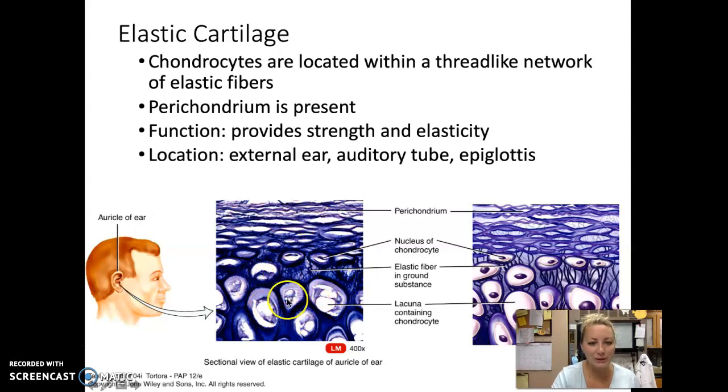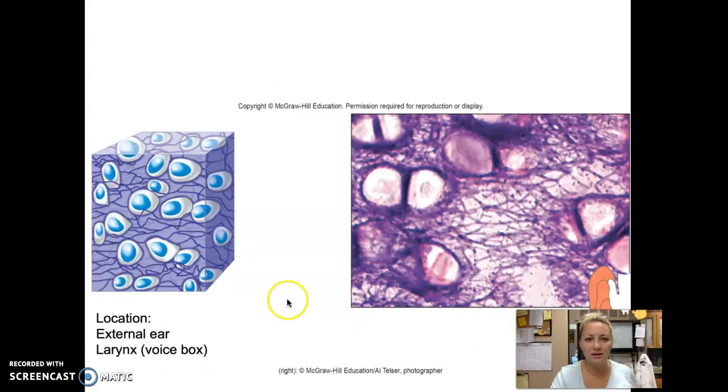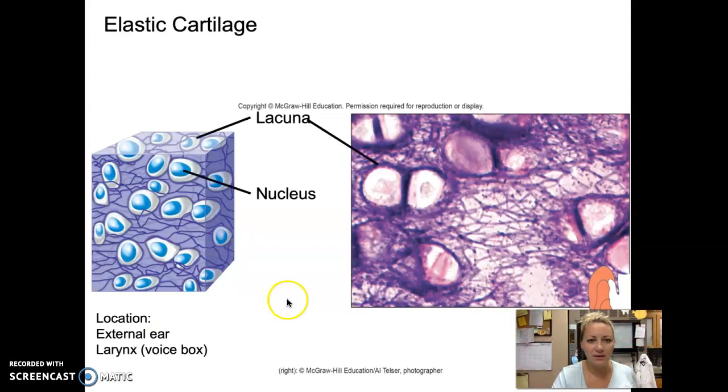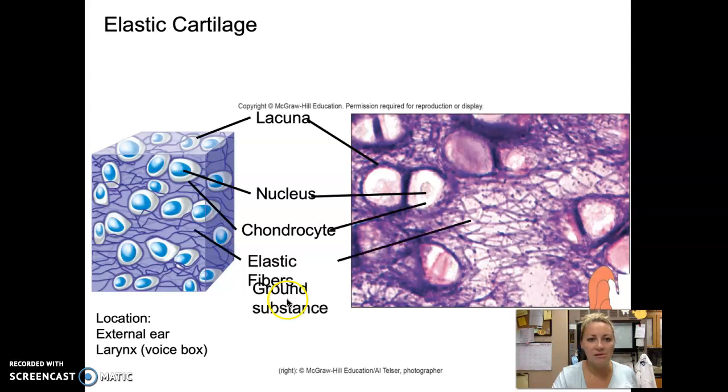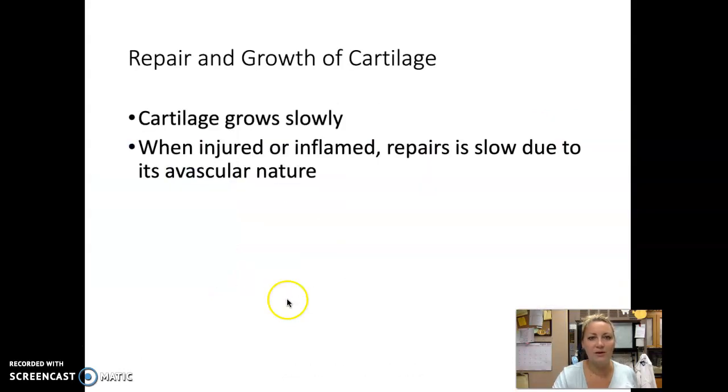Elastic cartilage looks like jellyfish coming up out of the sea. Okay, this is like your ear out here. Your epiglottis as well. And am I gonna get it all? Okay, and then this last